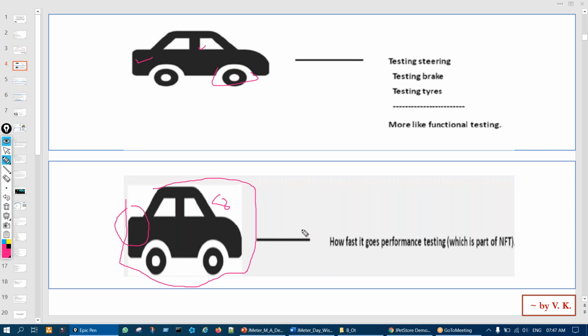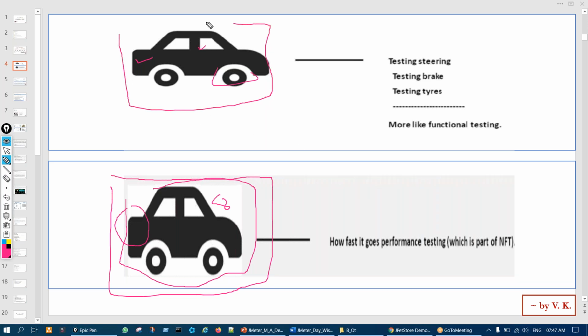So in performance testing, once the product is developed, we see its working behavior. Here we check its single functionality, whether the alloys or the wheels are aligned properly or not, right? Whether the screws are tight or not, the steering wheel is working fine or not, power. So single thing. So that is functional. Here overall, when the car is fully ready and you have tested each part, then we run it and test it, because that is the main purpose, right?